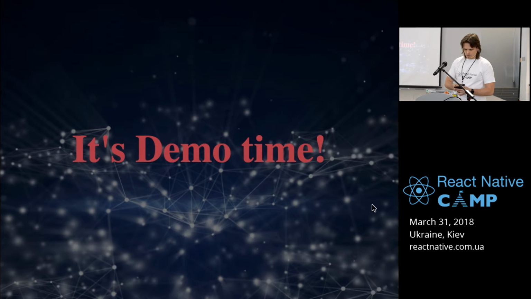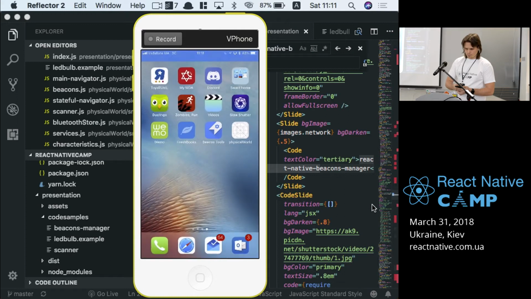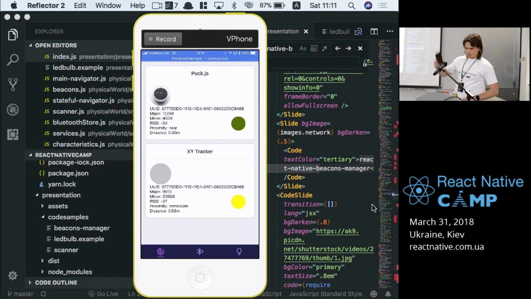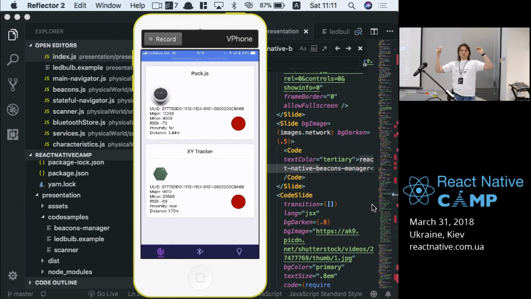Let me just show my device really quick. Yeah, so let's just open an app, a bunch of notifications on Twitter, which is fine. And this is the actual app. So I have two beacons here, right? They will turn red right now, both of them, because they are more than 2 meters away. This one is probably almost out of battery. No, it just takes more time. So both of them are red, right?